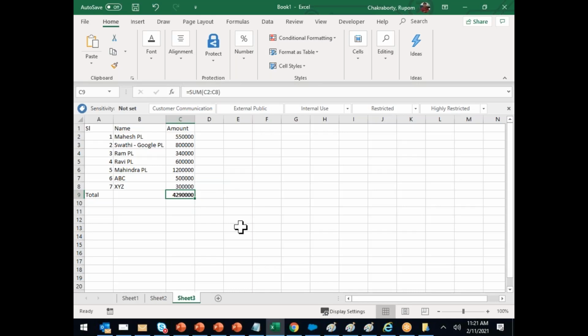Now I come to you with this sheet. You are the manager. Tell me, what will you tell me? Tell me, I'm ready to hear. Very good job. How many of you will tell me that I've done a very good job? Raise your hands. No one. Rupam, you get the 50 lakhs.